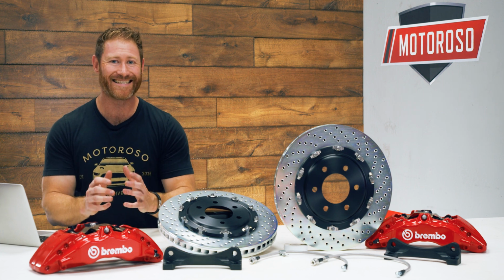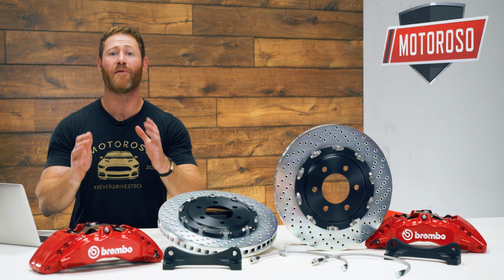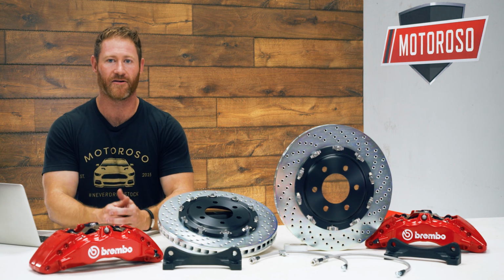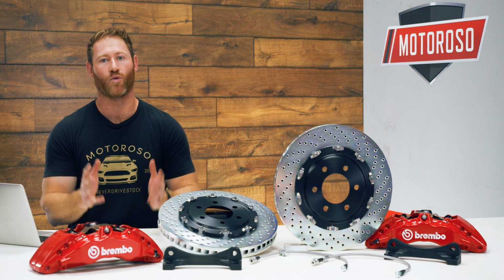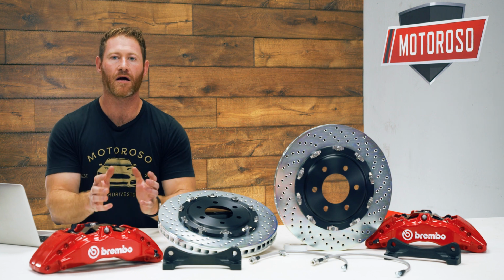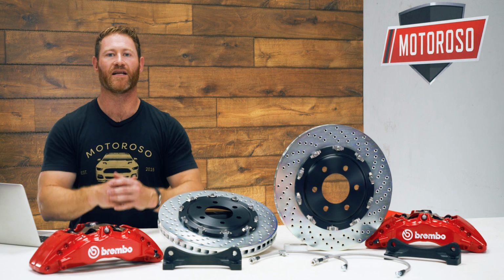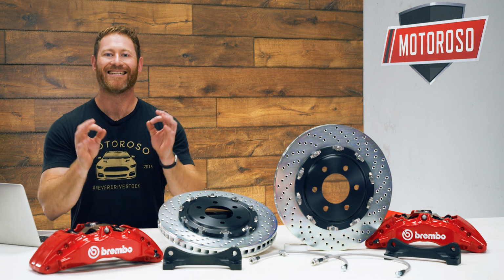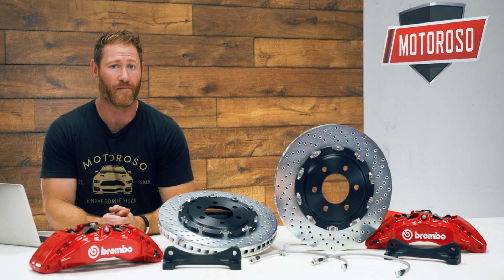Now, this kit is gonna set you back around $5,000. This is a no joke upgrade, folks, but you will notice a massive increase in your braking performance. I do have to mention that this only works with 20-inch wheels. The brakes are too big to fit behind 17-inch wheels. Luckily, on our Project Raptor build, we're gonna go do an installation guide video, and we've got 20-inch wheels, and you're gonna be able to see just how well these fit and how nice they look behind those bronze wheels